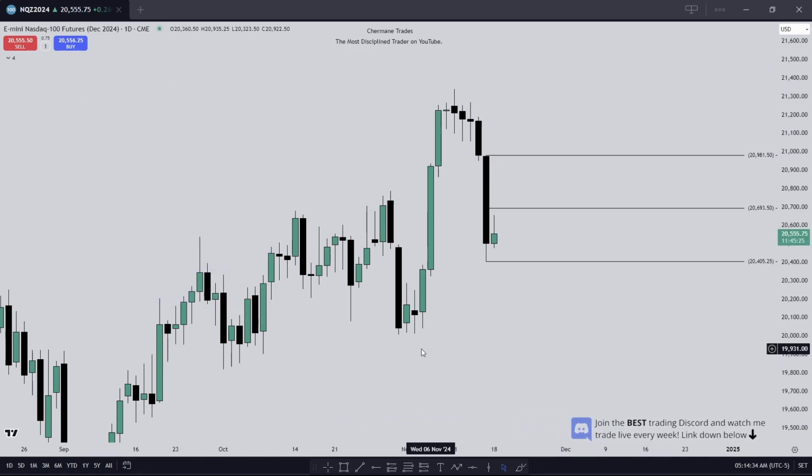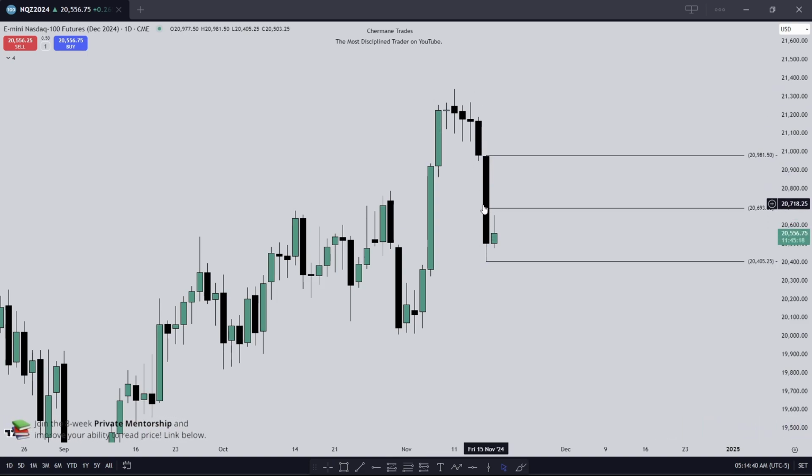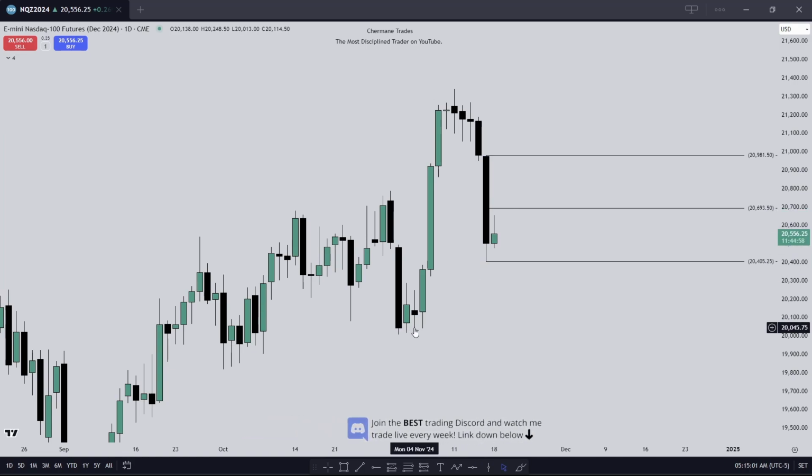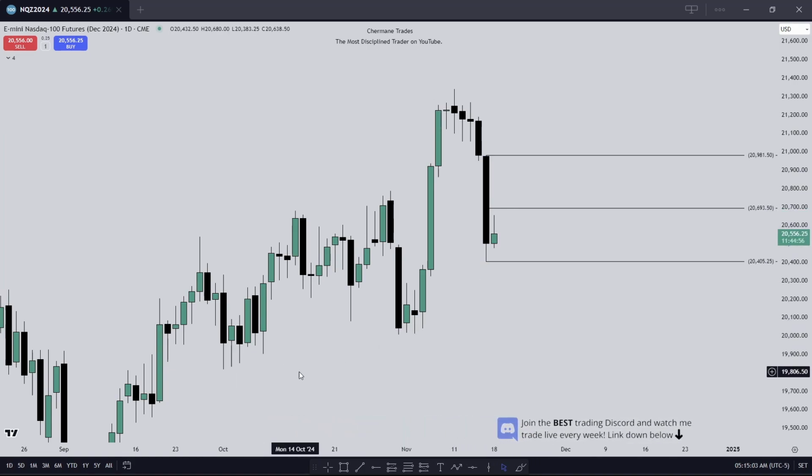So if we're looking for sell side, relative equal lows, and we want NASDAQ to stay heavy, the narrative is we don't want to see price spend a lot of time in the upper half of this down closed candle, this large range candle. We want it to stay heavy, work in the lower half, and then take us down into the sell side. So our narrative is we want to go lower because we don't want to see price trading in the upper half. Our bias is where is it going? Sell side, preferably.